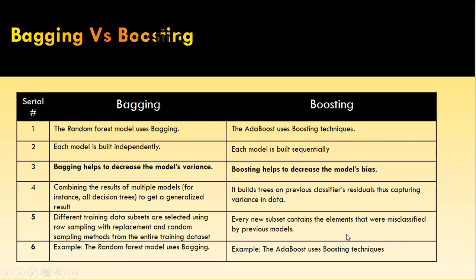Anyhow, this one we'll discuss a little later. The example for bagging is random forest. The examples for boosting are AdaBoost, gradient boosting machine, XGBoost (extreme gradient boosting machine), CatBoost, and Light GBM. These are the key differences between bagging and boosting. Okay, so now